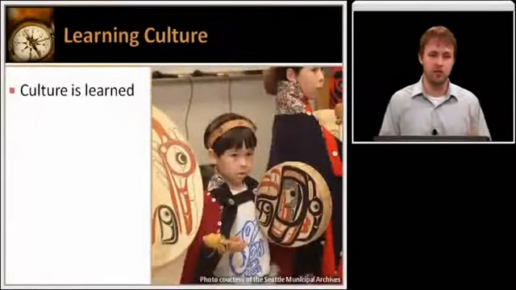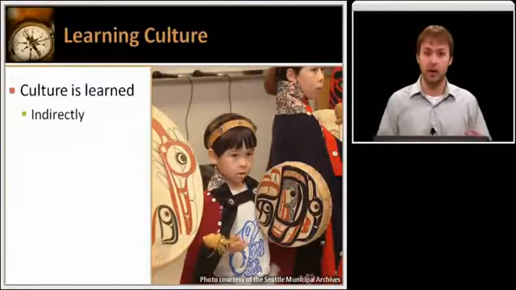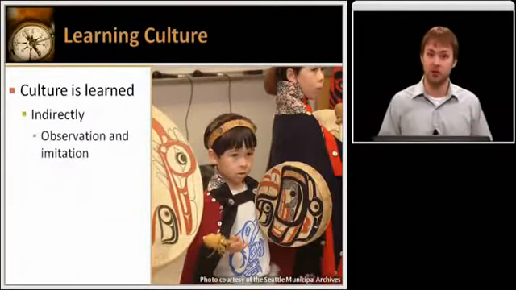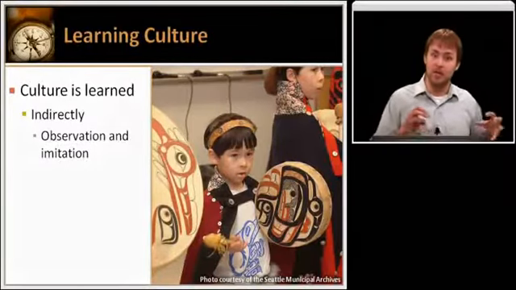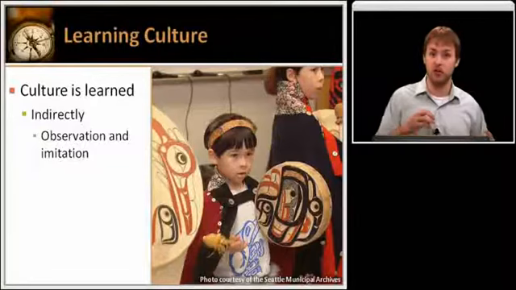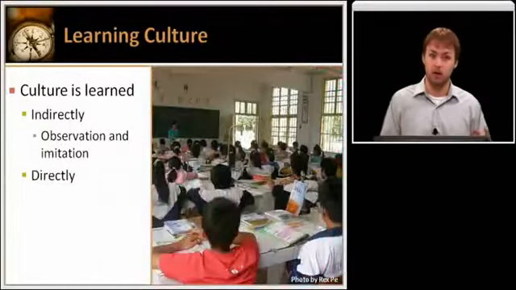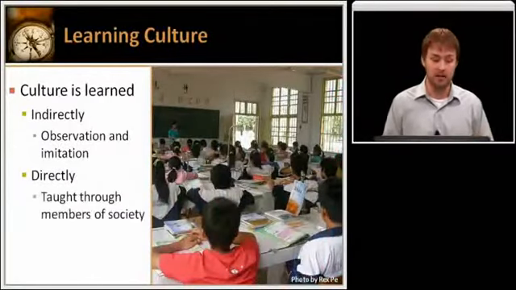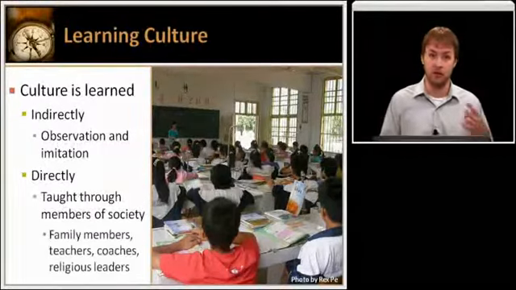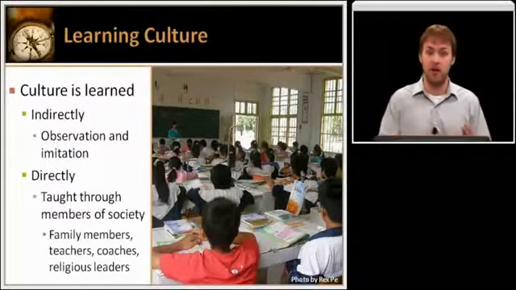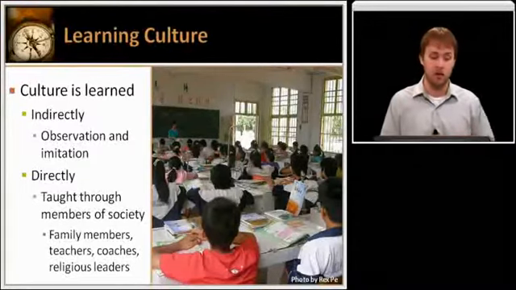Now, culture is learned. This is very important to understand. Culture is learned directly and indirectly. Culture can be learned indirectly by imitation and observation. So take children, for example. Children imitate their parents and, for instance, learn the language or observe the language used by their parents and imitate that language at a very young age, in most cases before they are ever taught in school the language of that culture. And you can also learn culture directly, again, as it is taught through members of that culture, either coaches, religious leaders, members of family, and especially teachers. So culture is learned, and it can be learned indirectly and directly.